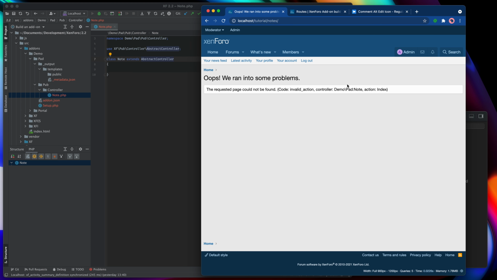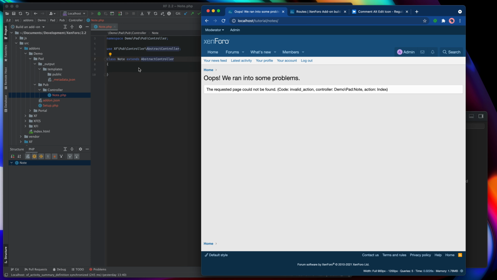And as a result, Zen4o will look for an action called index, in the same way as a web server tends to treat index.html or index.php within a directory as the default document. So if you don't specify a document, it will return index.something or other. Zen4o does something similar with actions. If you don't specify an action, it will look for an action called index.